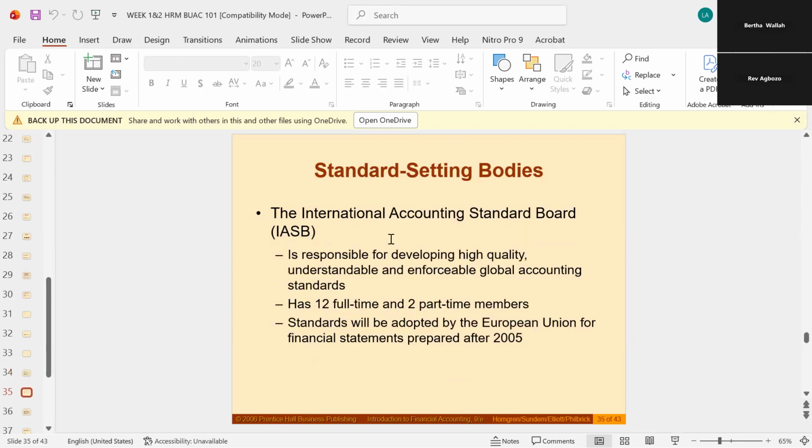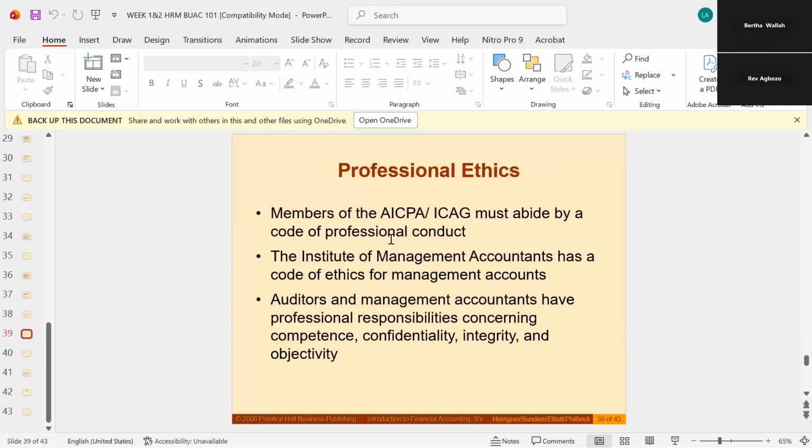So that at any point in time, anybody in Ghana or outside Ghana, when it takes your account, it's conformed with a specific standard. Whilst doing this, there are ethical behaviors or ethical standards too that should be adhered to, such that you don't lie, you don't just put any figure in the books. So we call those things the